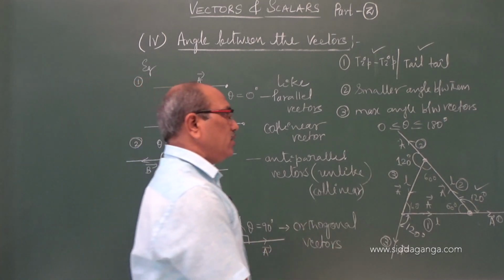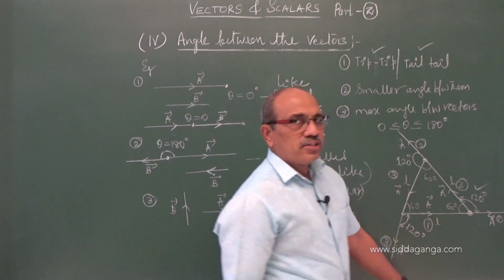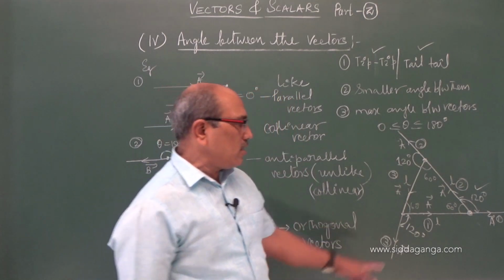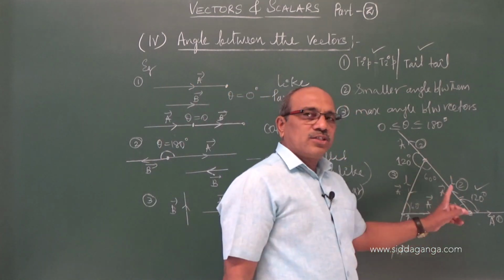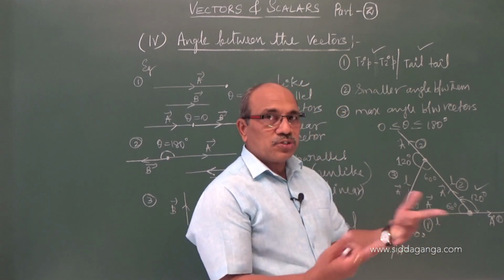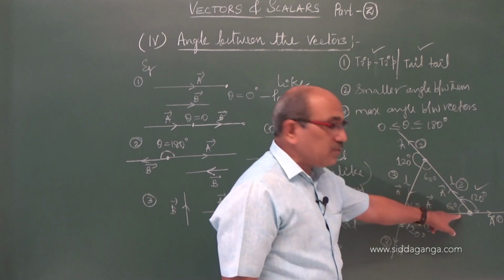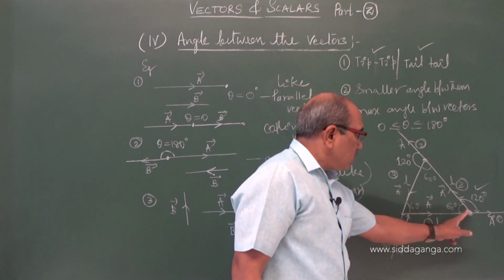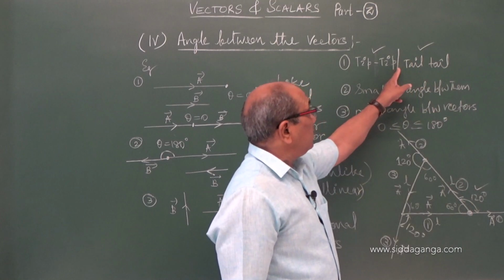Don't say immediately, when they mention 60 degree, and ask what is the angle between the two vectors A and B, or A1 and A2, that it is 60. See carefully the directions first. If the directions are opposite, it may be. If it is reversed, it may be 60. But it is tip and tail, which cannot be joined, the condition I told.